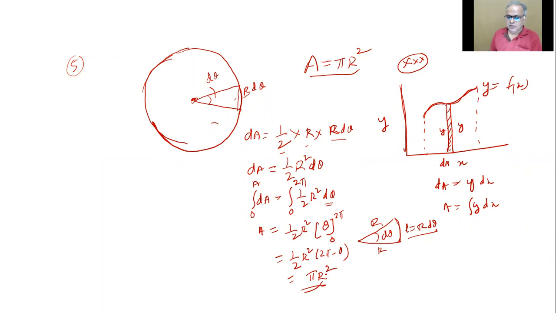So if you make this kind of logical connection, if I want to find out the total area, total volume, or anything, first I should choose a smaller thing and then integrate it. Integrate means what? Add it in a way. Add it from one lower limit to the upper limit so that I get the full scheme of things. So you are free to now put a question.